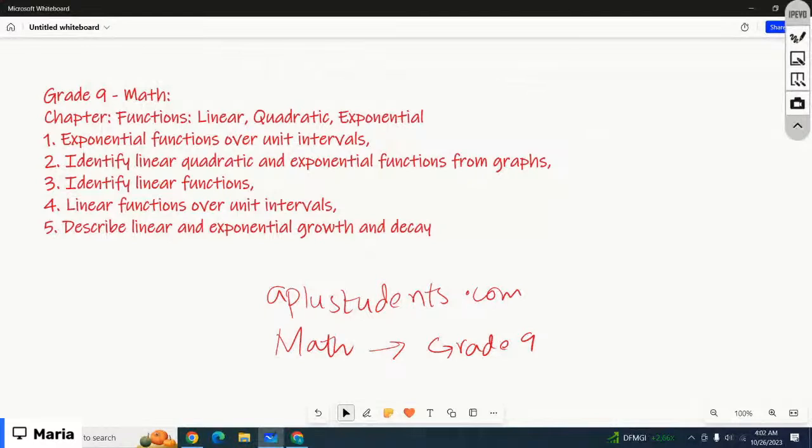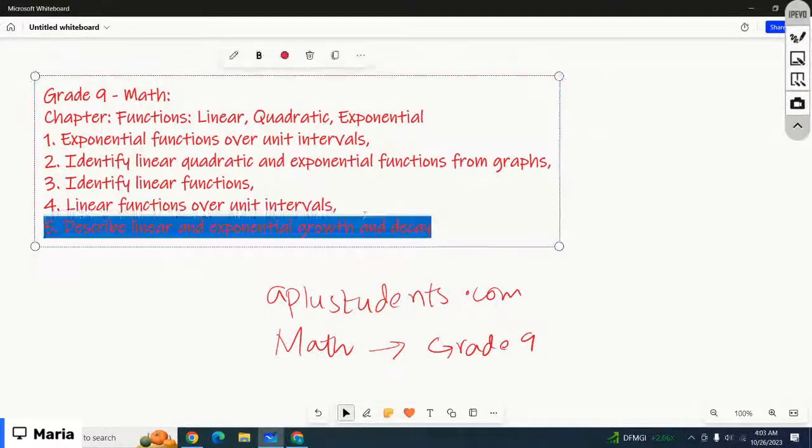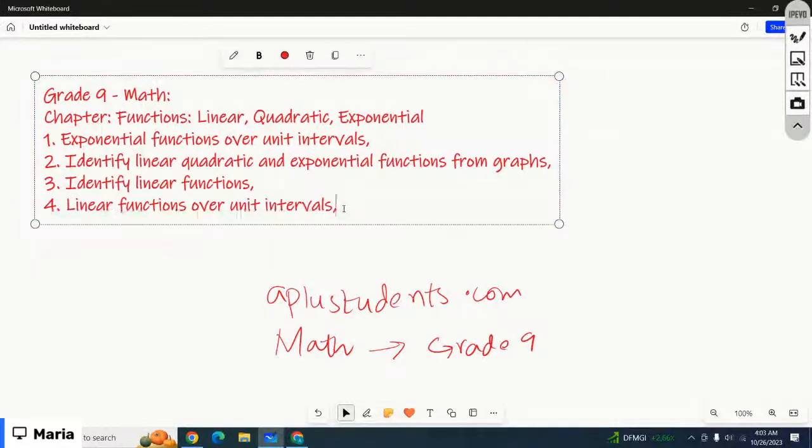The lessons we're going to cover today are exponential functions over unit intervals, identify linear, quadratic, and exponential functions from graph, identify linear functions and linear functions over unit intervals. Please make sure you have your notebook and pencil so that you can note down the important examples and definitions as well. So first we are going to see